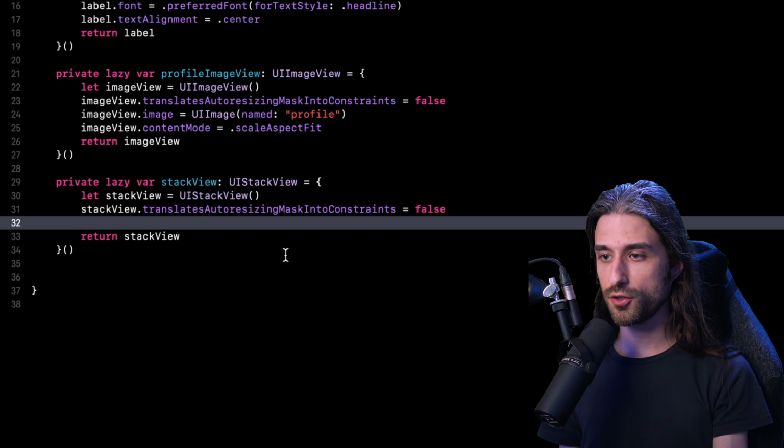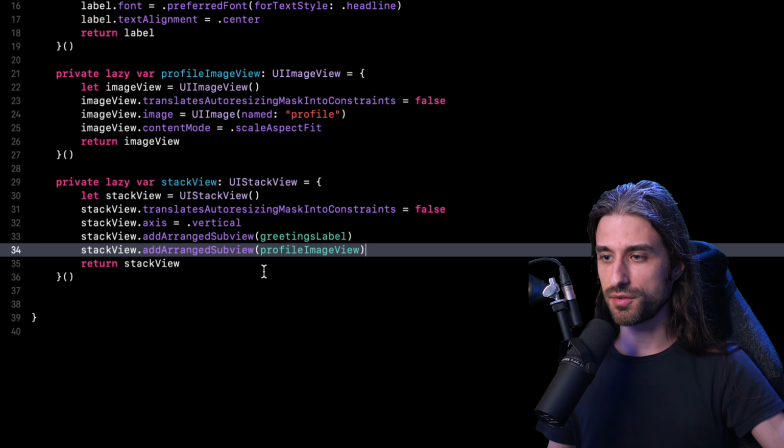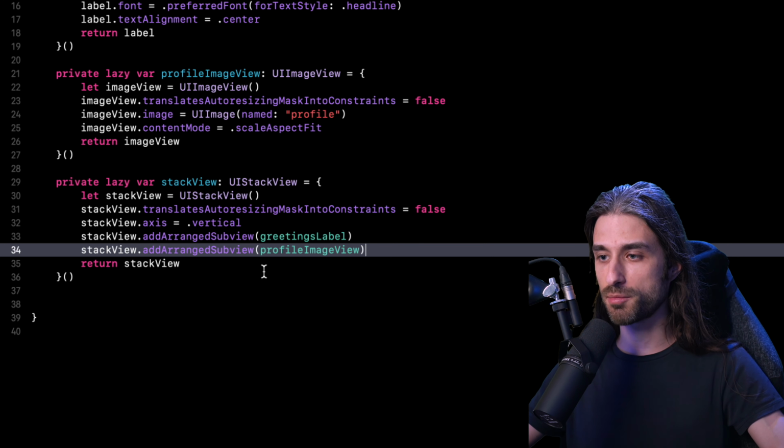And that's it, we are done with using our code snippet. Now all that's left for me to do is to actually write the custom configuration code that is specific to my stack view. So I'm just going to paste it, and that's it, my stack view has been successfully implemented. As you can imagine, if we are working in a project that creates its UI in code, we are going to be creating a lot of new subviews each day, and so having a custom code snippet that makes it faster is going to save us a lot of time.